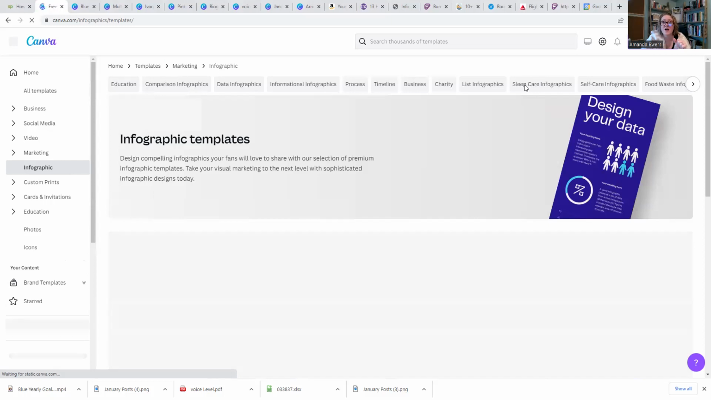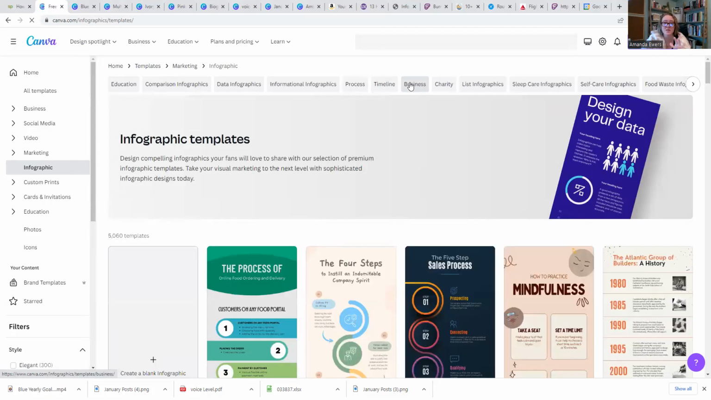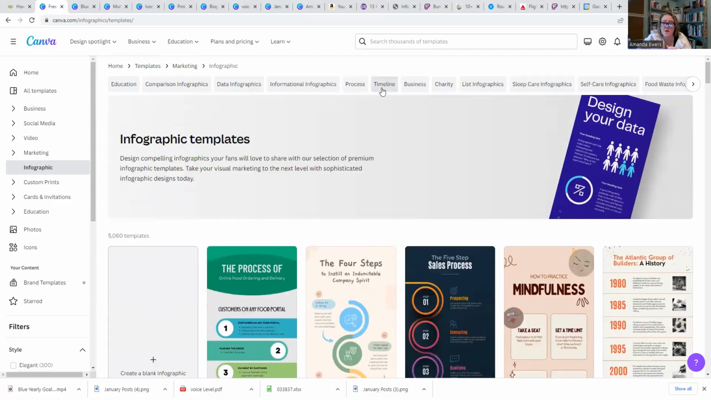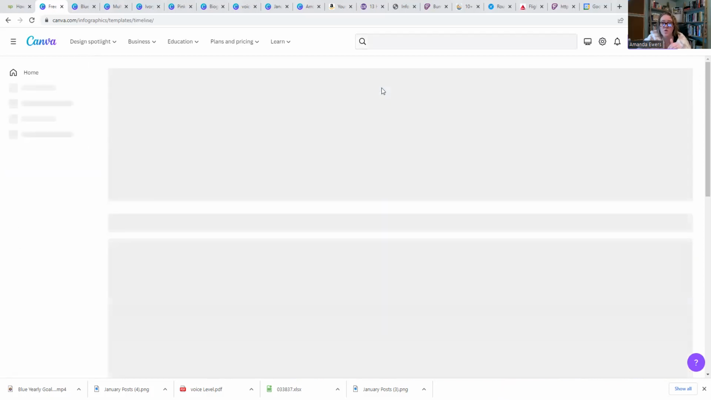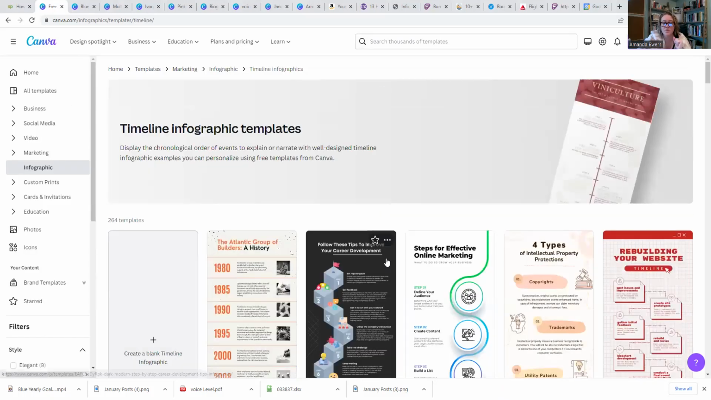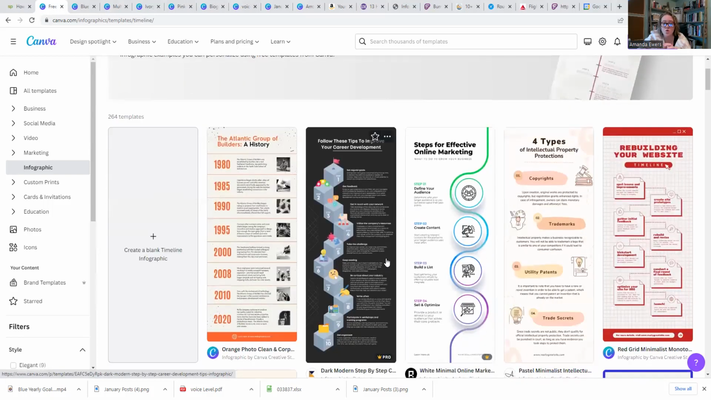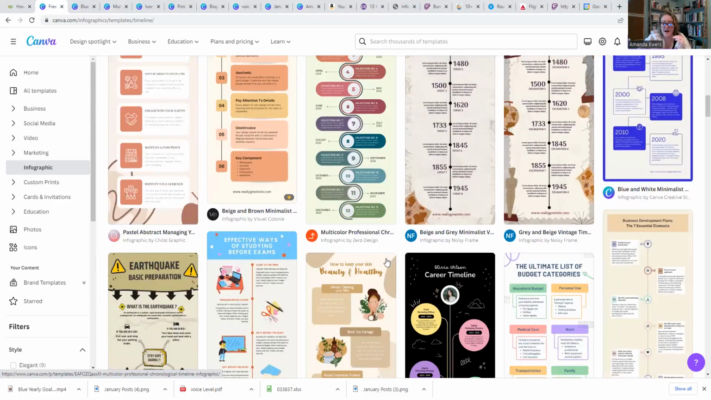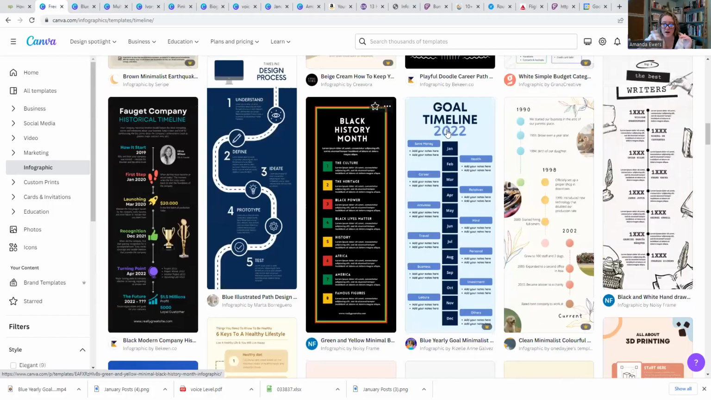There's sleep, there's lists if you want to do something for your business, a process, even. So if you're working through writing a book, or if you're going through something that is going to have steps involved, you could do something like the process. But for this purpose, I want to talk about the timeline. So when we're talking about goal setting, you can go through and find ones that have like the months. So I'm going to go to this goal timeline here